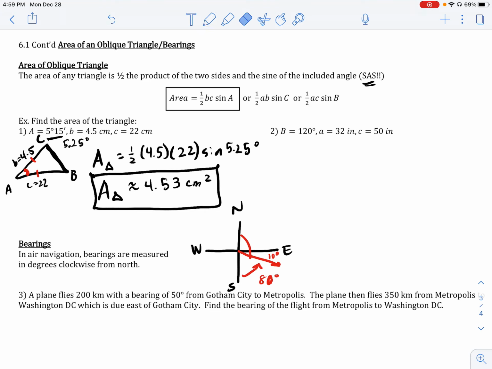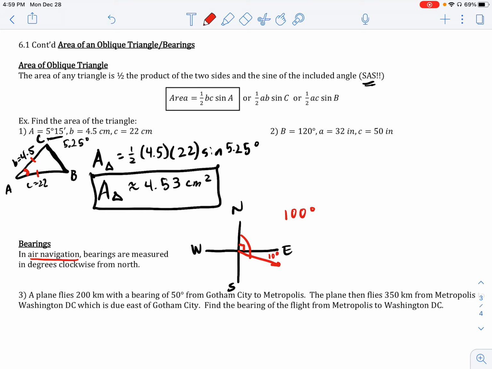Well, when we're dealing with air navigation, we actually are allowed to extend beyond the 90 degrees, and we would write this as what we would say a 100-degree bearing. We would say this is a 100-degree bearing because you have the 90 degrees plus the additional 10, and would just say a 100-degree bearing. So when we're dealing with air navigation, you are allowed to extend beyond 90 degrees and go all the way